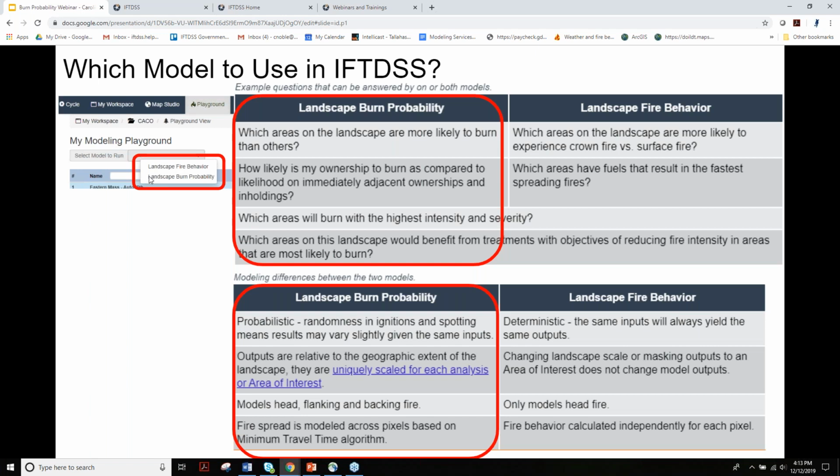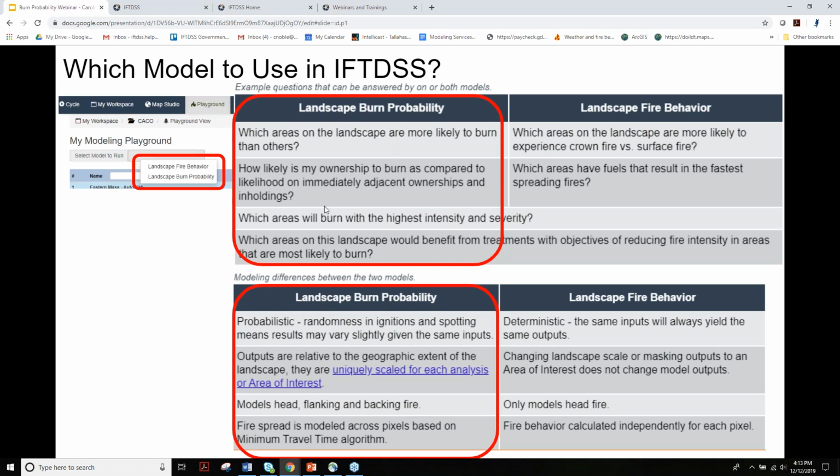I pulled this up right from the help content within the application, some things to help you determine which model is the appropriate one for the questions you want to answer. So landscape fire behavior is based on the FlamMap model. This is FlamMap Basic, and this is RANDIG, which is really thousands of MTT runs looking at probability. Landscape fire behavior is at the pixel level,